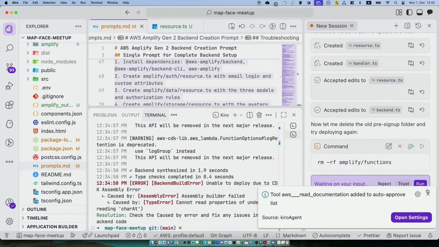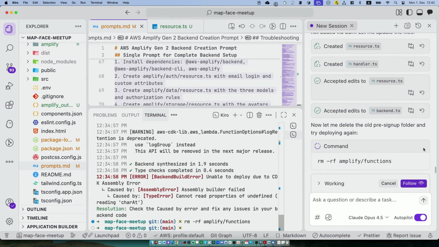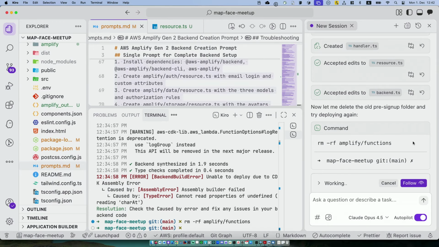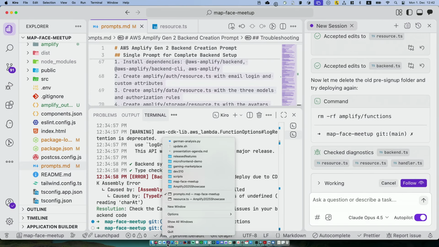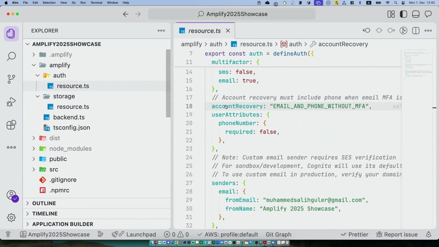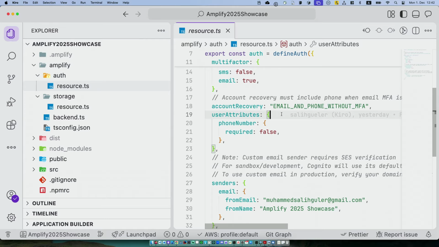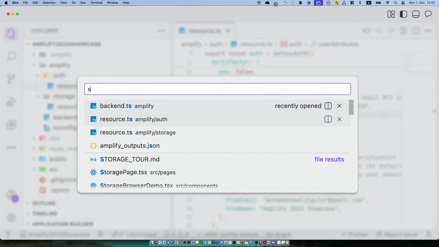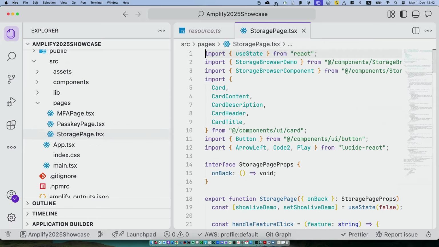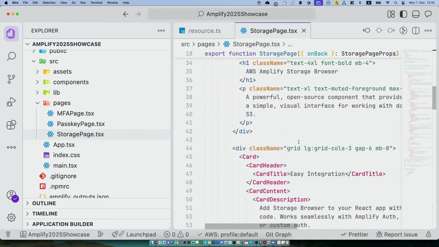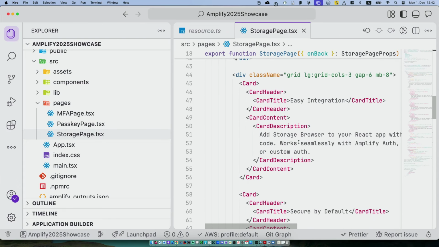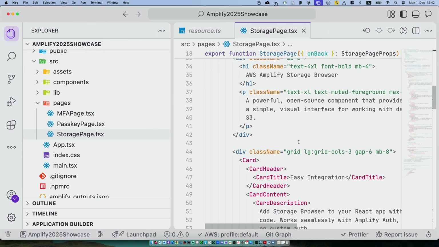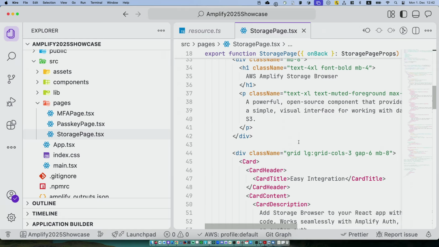I will take you through the code, but before I do, I want to check out what we are doing. It is doing some changes, that's good. Meanwhile, it does that, let's go back and check out the code. For the storage, for the UI component, what you need to check out is how we are using this. Let me showcase the storage page. In the storage page, we have many components that we have used, about the description, the storage browser, and so on and so forth. This allows us to,